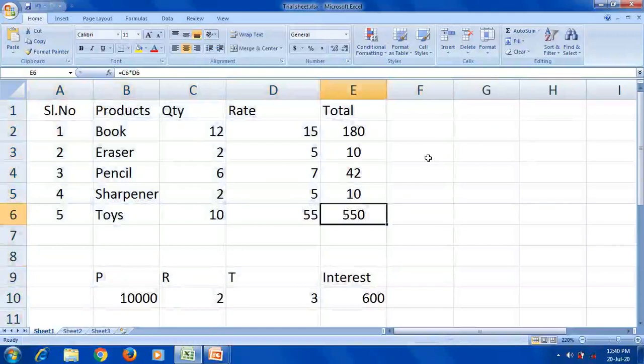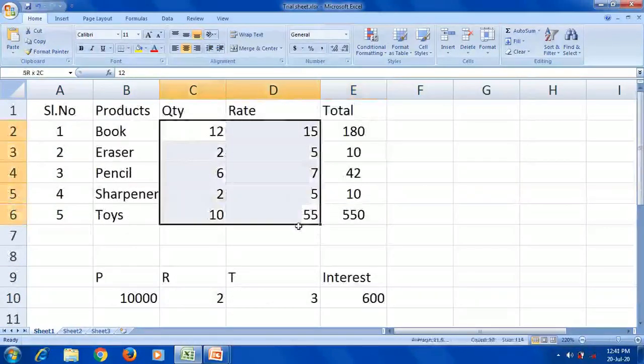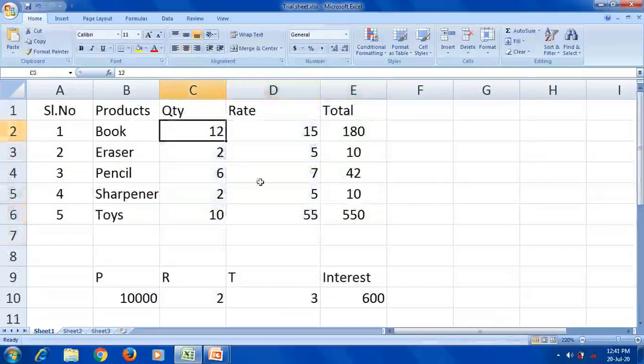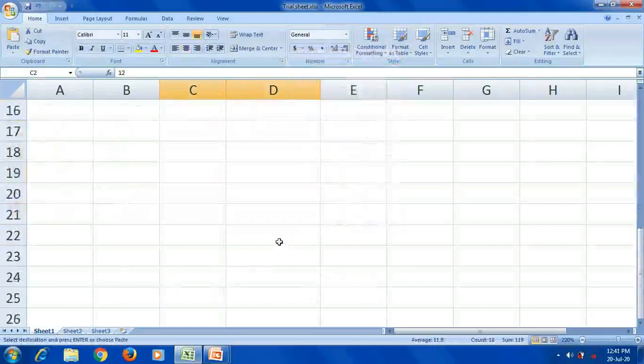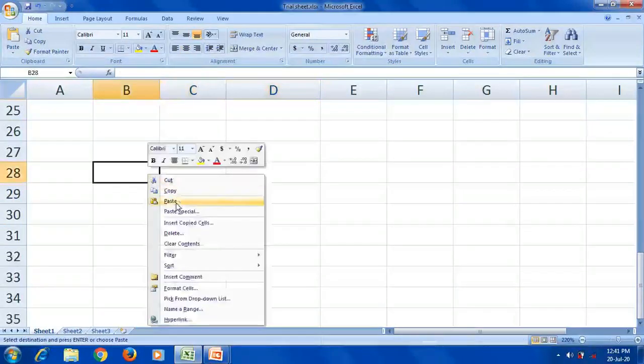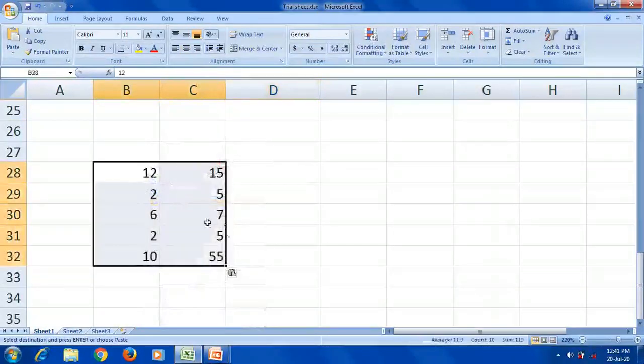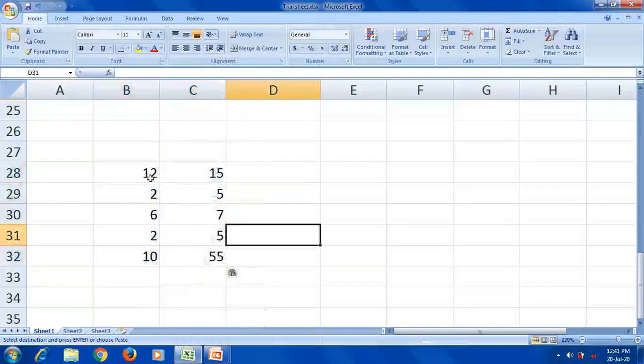Next, how to use this range in formulas. For example, I will copy this and paste it here. I want to use all these numbers as a range. I want to make an addition of all these numbers.